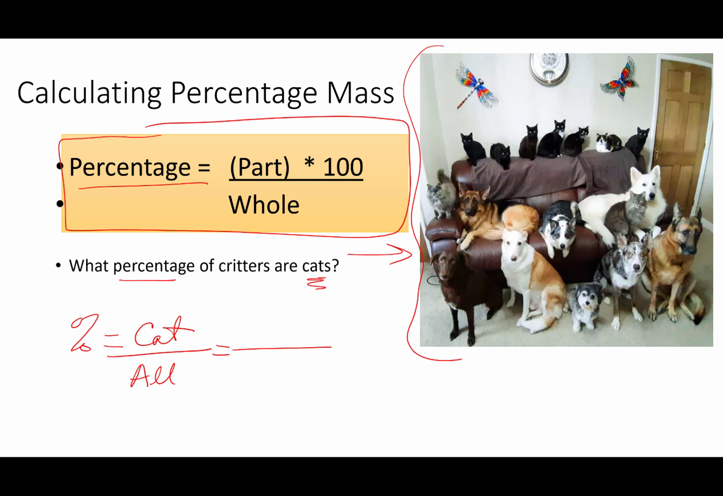So first off, let's count how many cats we have. 1, 2, 3, 4, 5, 6, 7, 8. If I go along, 9, and I think that's all of the cats we have. Now, how many total critters are there? 1, 2, 3, 4, 5, 6, 7, 8, 9, 10, 11, 12, 13, 14, 15, 16, 17 critters. Multiplied by 100 to take it from being a decimal to being a percentage. When I threw this in my calculator, I got